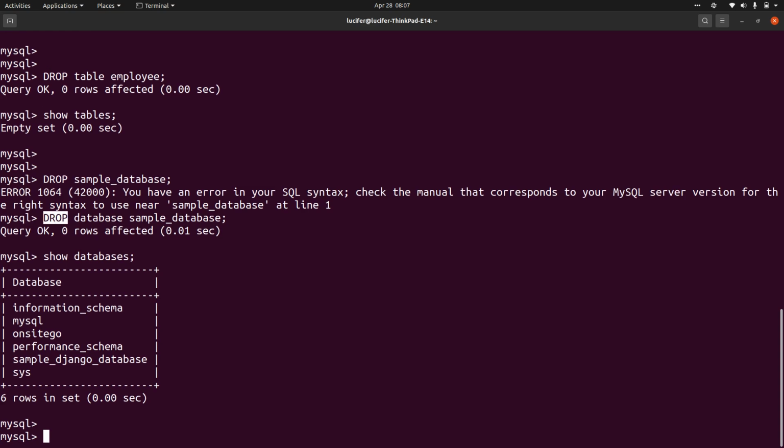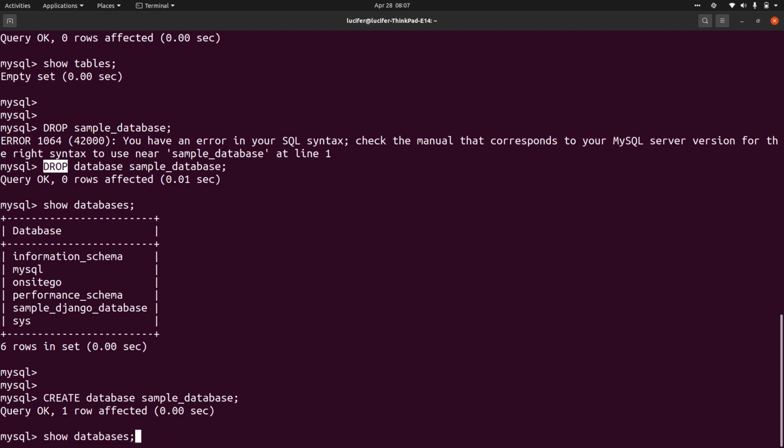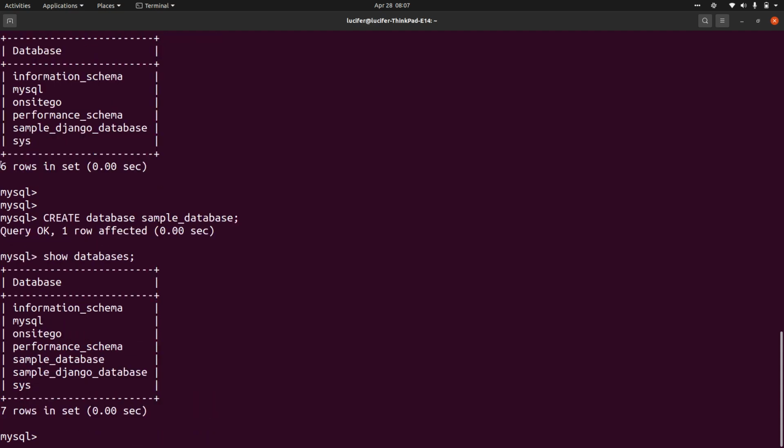Okay, now just to reiterate, we can create a database using the create command. Create database, you can give any database name, sample database, right? Now if you check with the previous command show databases, you can see that the sample database has been created, right? It was not there. Using the create command we just created this sample database.